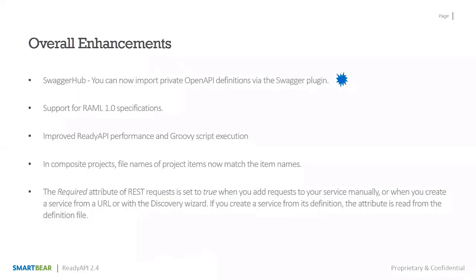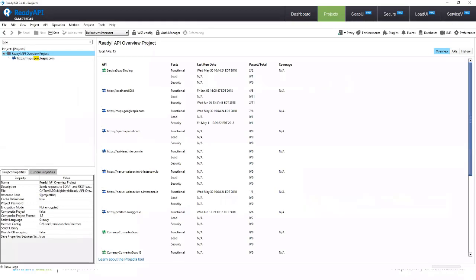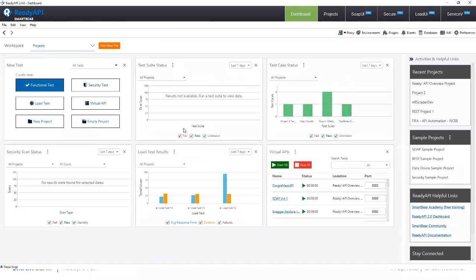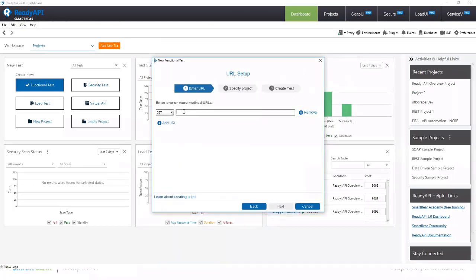Okay. And then the required attribute for REST requests is set to true when you add a request to your service manually. So maybe we could take a look at this. This is actually something that will help you when building services without having definitions or something like that. So for example, if I go back to ReadyAPI and say that I'm going to add a brand new API, maybe from an endpoint, say this is a GET method, and say